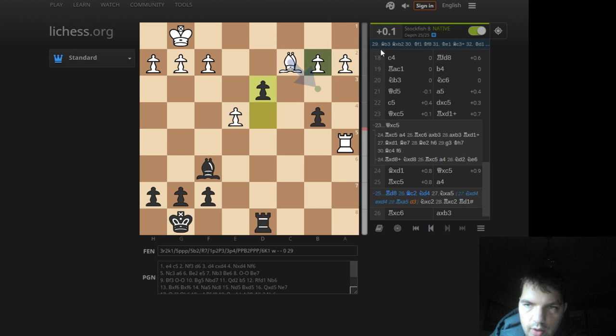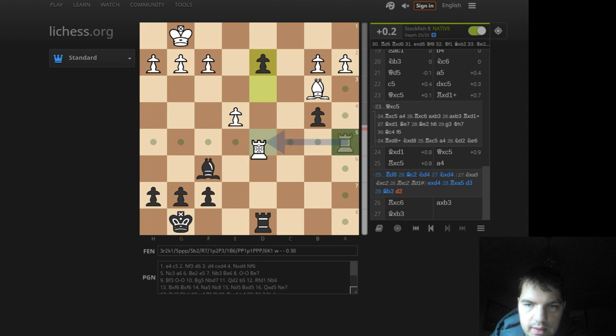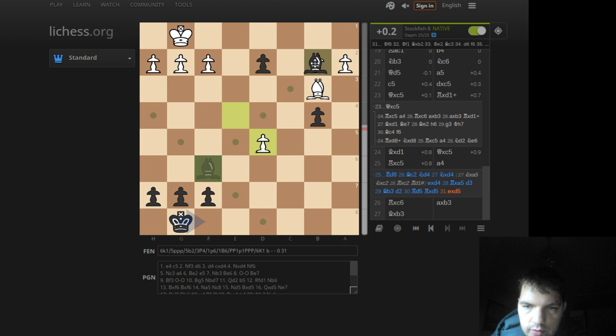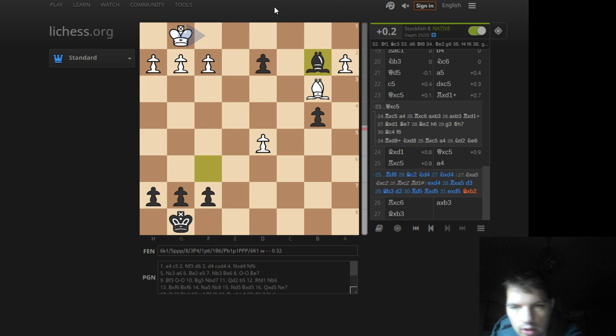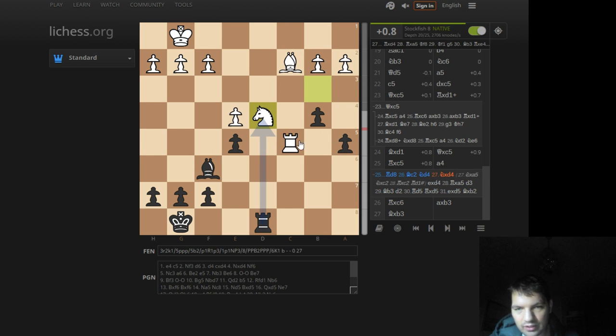I don't even think that this +0.1 makes any sense. So I'm even threatening a bit something here. Yeah, I mean, it doesn't really matter. I can push now. Yeah, in the end, it's gonna be some kind of opposite color stuff. And how exactly are you gonna win this with any color? There's no way. Equal pawns and opposite color bishops, so this is a draw. On the other hand,